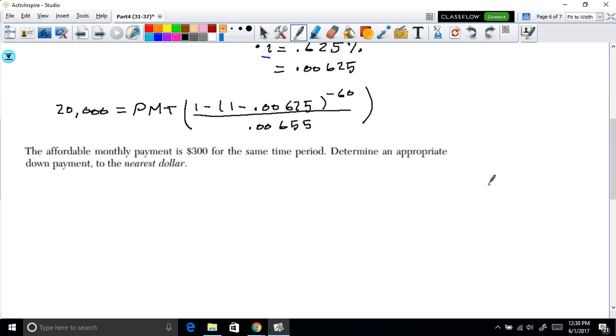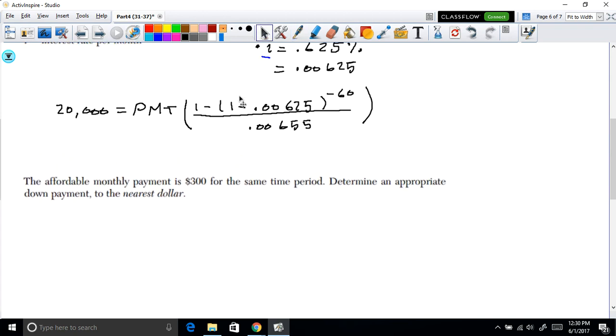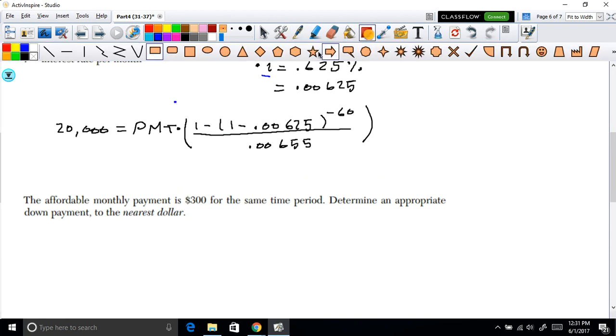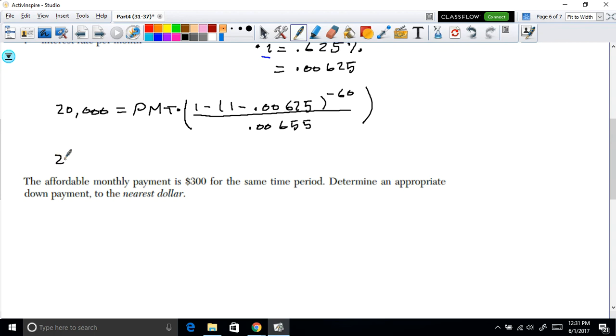Now, the trick here is what we want. We want PMT. But notice that all this is an actual number here. So the strategy is to find out what this is and put it in the calculator. If we do the whole expression in the calculator, which I'm not going to show here, we're going to get